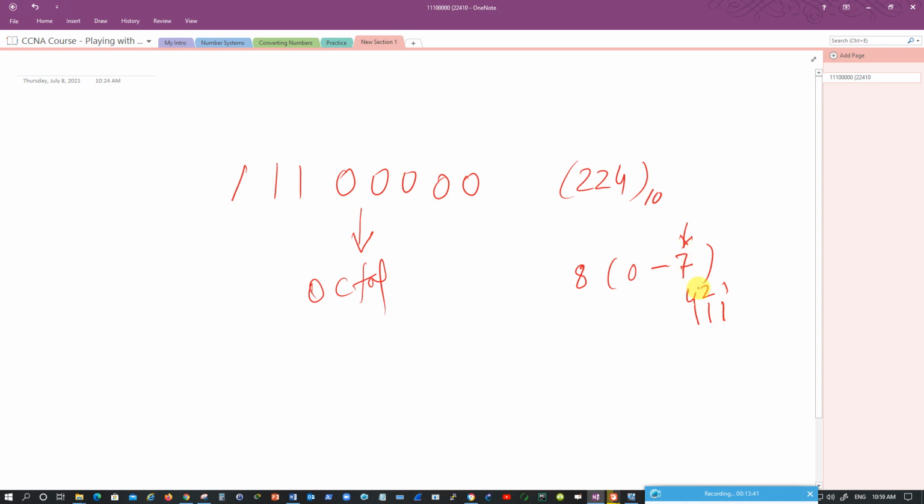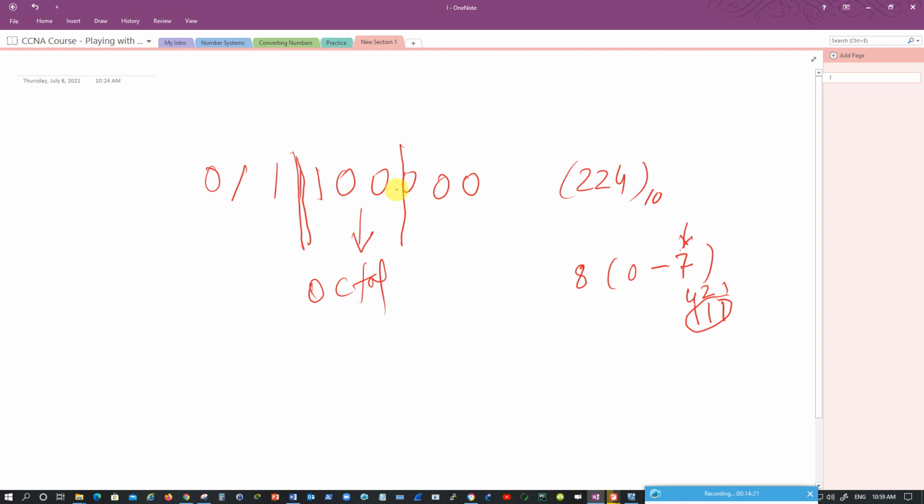So since only 3 digits are needed to express 7, I will divide the given binary digits starting from the right side into 3 digits like this. 000, 100, and here it is just 1 1. It is my choice now. I can leave it as it is, or I'll write down a 0 here so that there is no confusion. So we have 000 on one side, 100 on another side, and 11 is left over. If I want, I can add another 0 here. It will not make any difference.